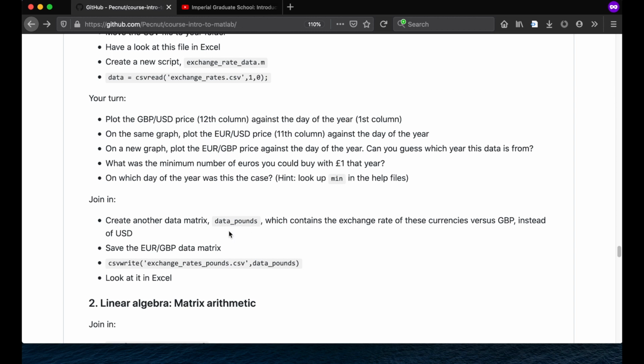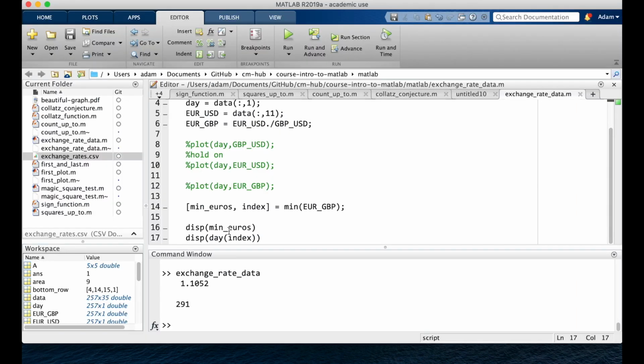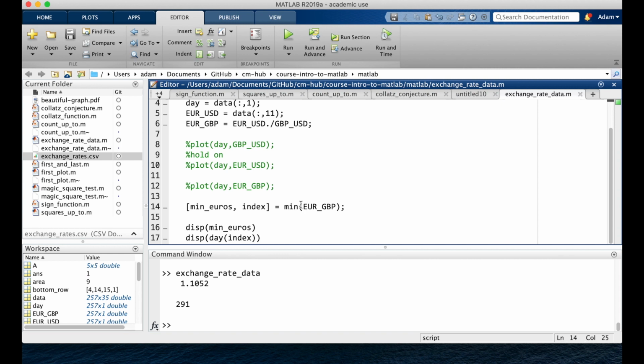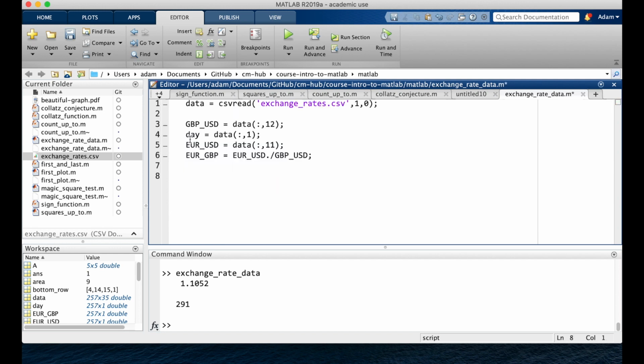So everything is going to be against the pound instead of against the dollar. Let's go and do that. All right, so I'm going to delete these, but I'm going to keep the top as we have it so far. So data pounds